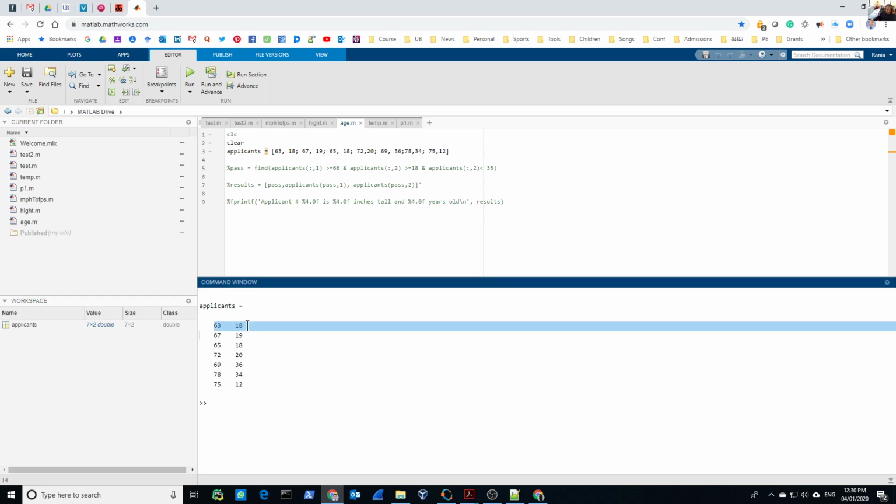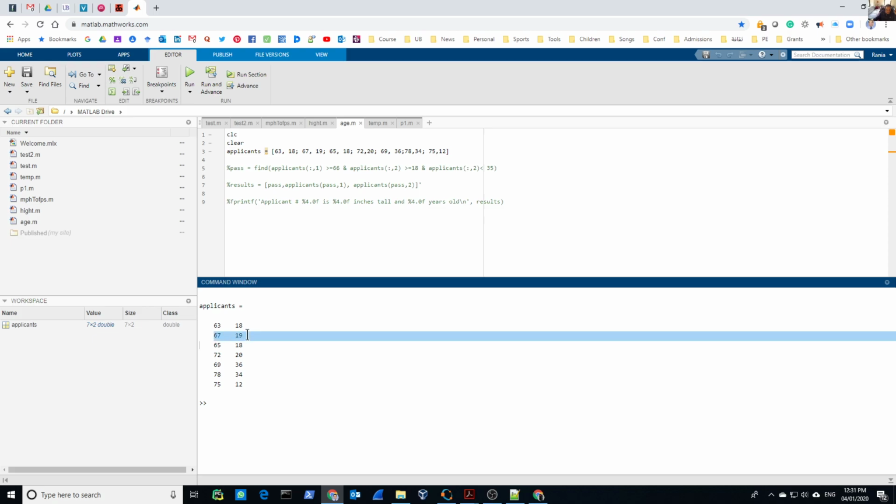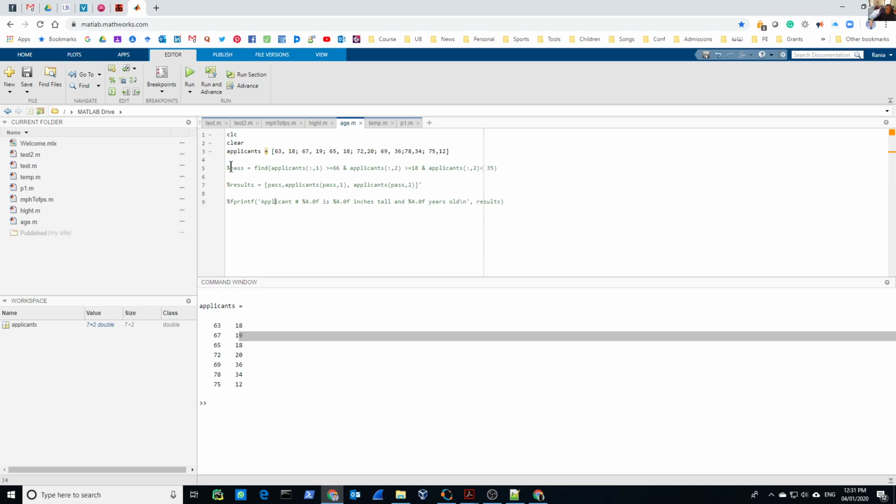The first one, 63 years old and 18. Of course, he will not be accepted because his height is less than 66. The second one, it will be accepted. His height is above 66 inches, and his age over 18, and so on and so forth. Right? So now, if I would like to find who passed the criteria, I have 3